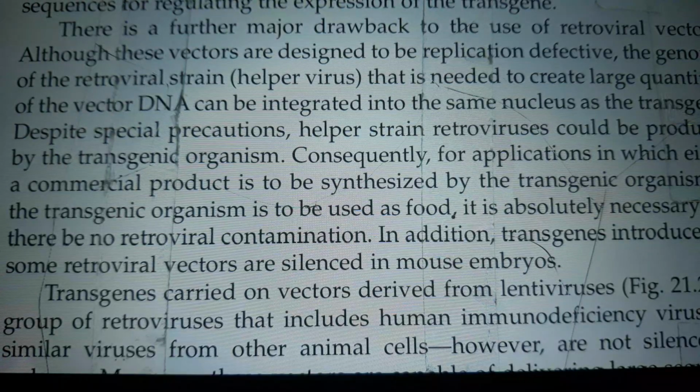There is a further major drawback to the use of retroviral vectors. Although these vectors are designed to be replication defective, the genome of the retroviral strain helper virus that is needed to create large quantities of the vector DNA can be integrated into the same nucleus as the transgene, despite special precautions. Helper strain retrovirus can be produced by the transgenic organism. Consequently, for applications in which either a commercial product is to be synthesized by the transgenic organism or the transgenic organism is to be used as food, it is absolutely necessary